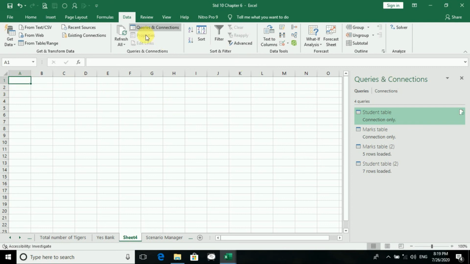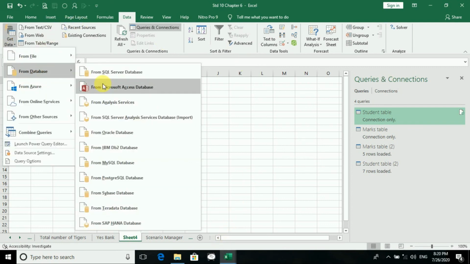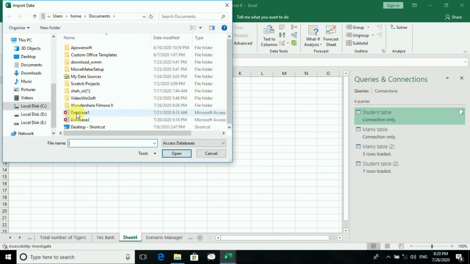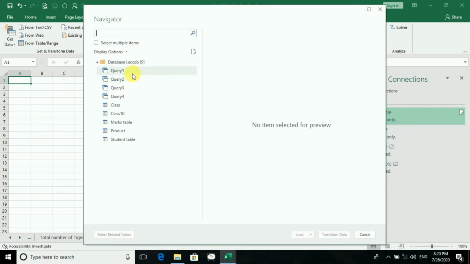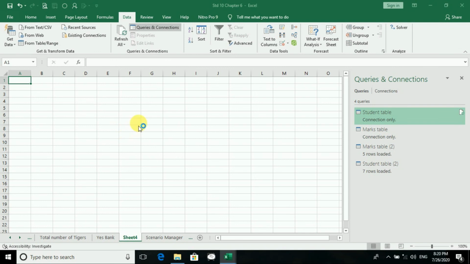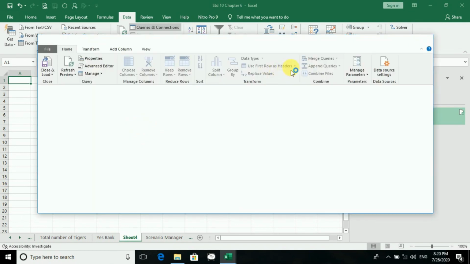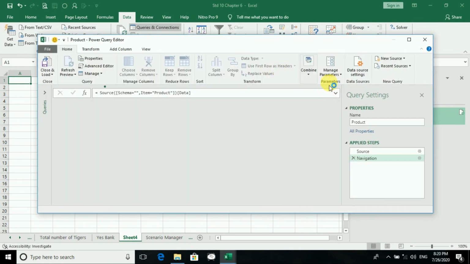Again, I will go with Get Data from Database, Microsoft Access Database, and then I will select the table product. Selected.